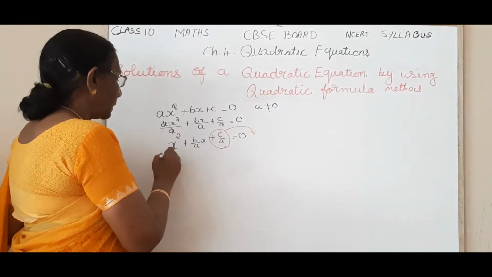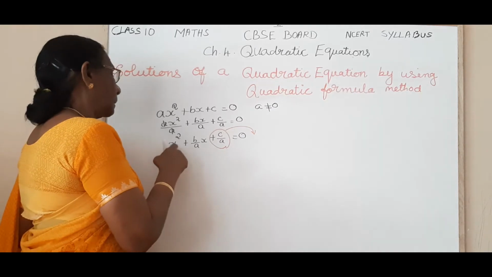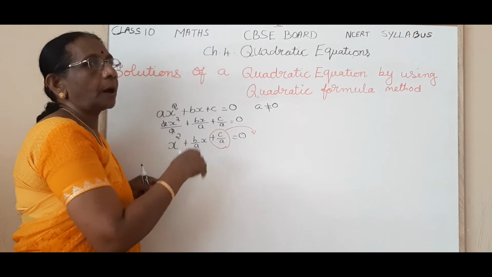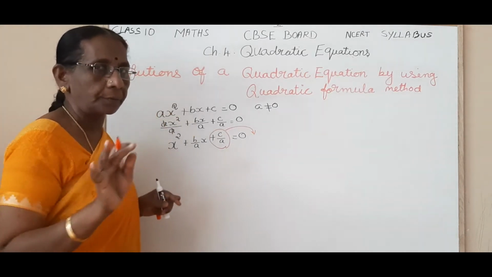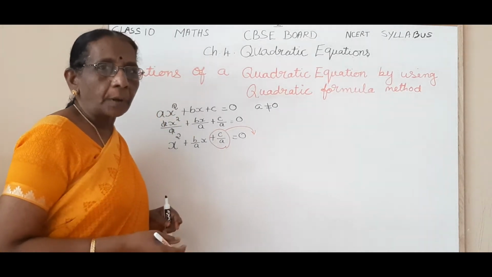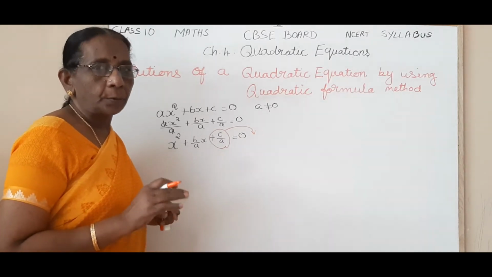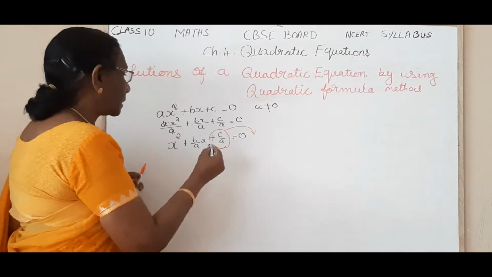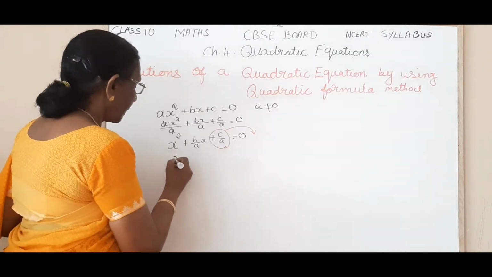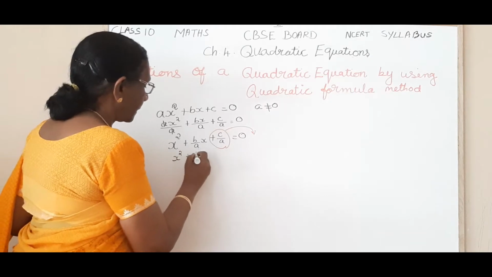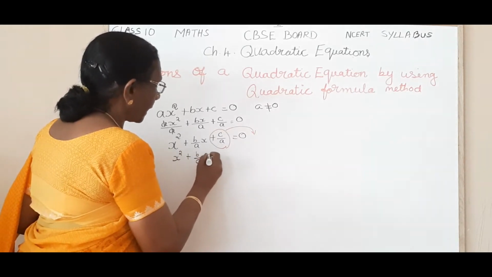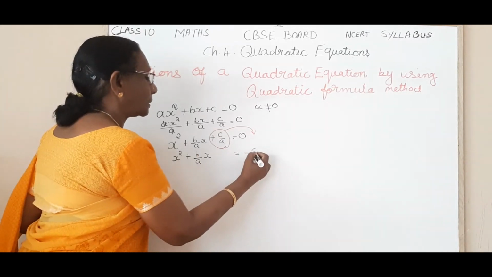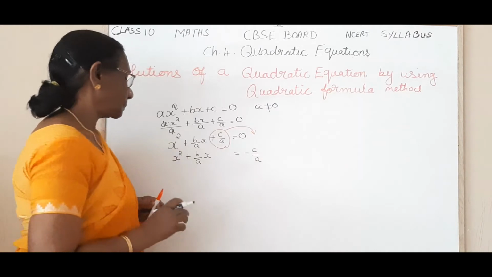Okay, and then this is in the form of a squared plus 2ab. That is, if I say the formula in terms of a and b, you will get confused. So, let us take the formula as p plus q the whole square. Okay, so next step, what should you do? You bring this constant term to the right hand side of x squared plus b by a x. So what will be there? Minus c by a. Okay.